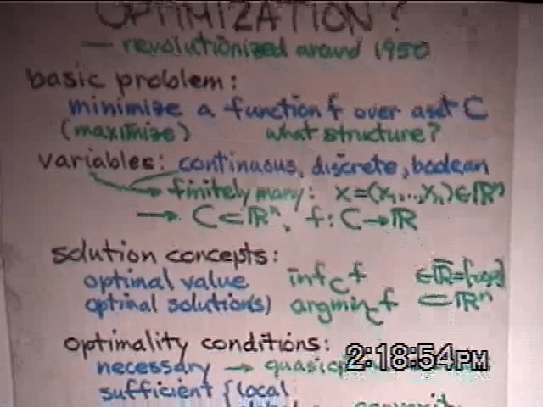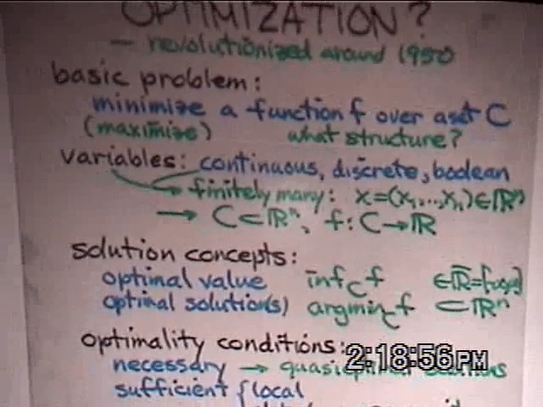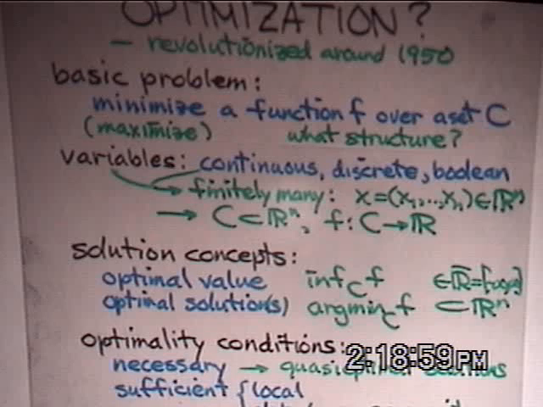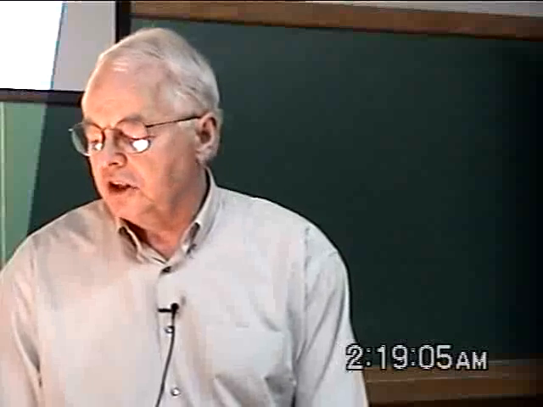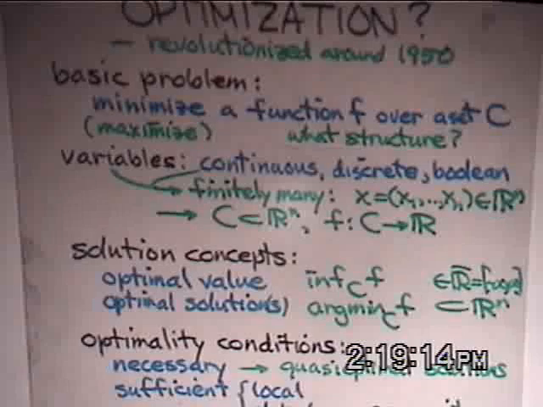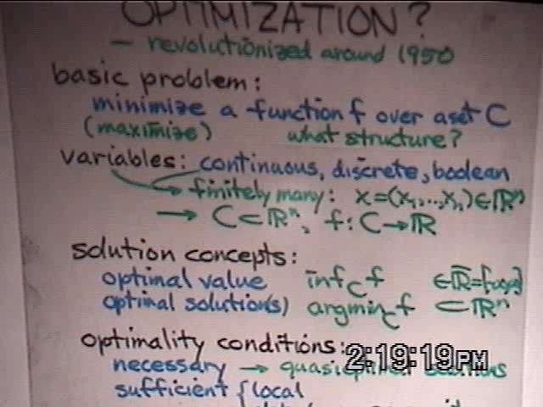Now, one of the things that one does in optimization theory is try to characterize optimality. This is, of course, the area that students are most familiar with in the beginnings of the calculus. Things about first and second derivatives. You get necessary conditions and sufficient conditions. But there's a big difference already in the way people think about these things nowadays. So necessary conditions, of course, may not be sufficient. If something satisfies necessary conditions, we often call it a quasi-optimal solution. And in many situations, all we can hope to do is find quasi-optimal solutions and then try to go on from there.